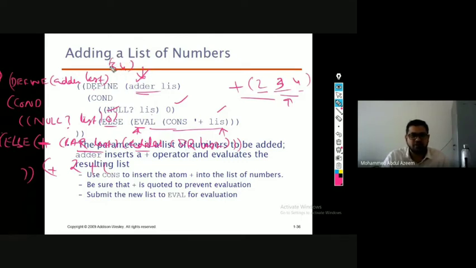So when it is passed, what happens is that 4 will be returned here. So what do you get now? This is going to be evaluated. So plus 3, 4 is an arithmetic operation, which will return you 7. Then again you have another operation before, that is 2 plus 7, which will return you 9.